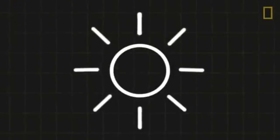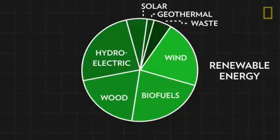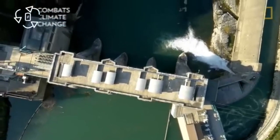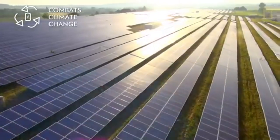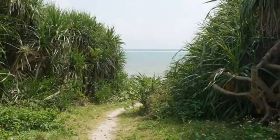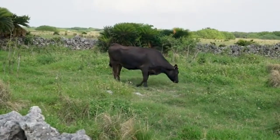We chose an array of 5 options of renewable energy. This would include solar power, wind power, hydropower, geothermal power, and bioorganic power. Incorporating either all or one is a heavy-handed approach, so with a chart of constraints, we were able to determine the weights for each constraint, finding adaptability to be the most important of the constraints, as it should adhere to the natural climate and layout of the land of the island, as well as the cultural values of the community,